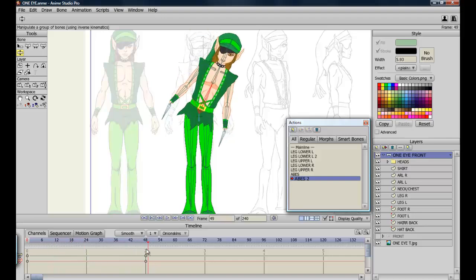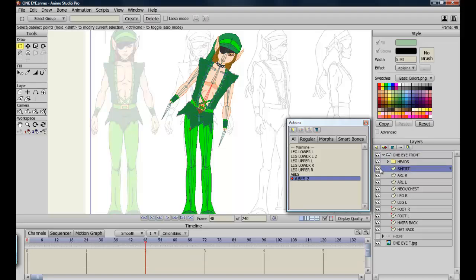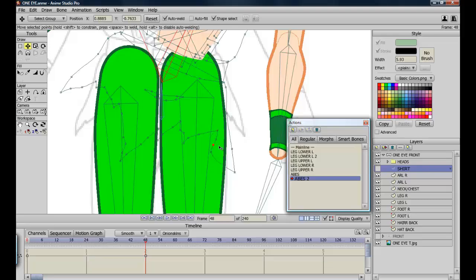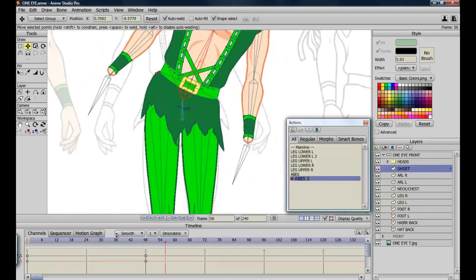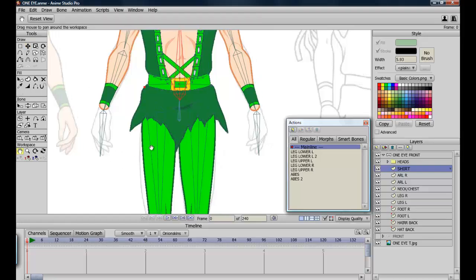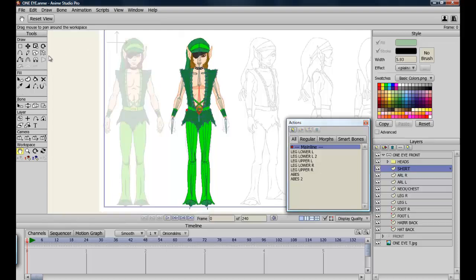It's when he bends. So at that mark, we're going to go down to shirt, turn it off so I can see the points, and then zoom in and tweak the points. Okay, that action looks fine to me. Come back out to the main line, back up. Okay, the next thing, come back up to your bone layer,